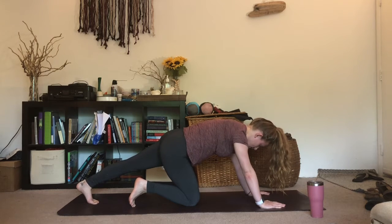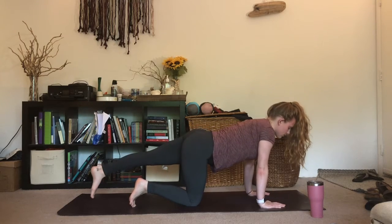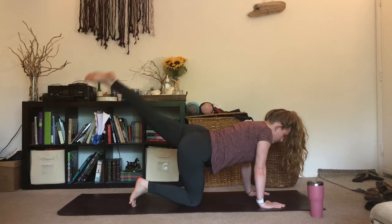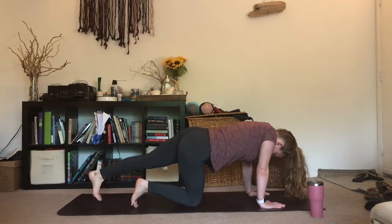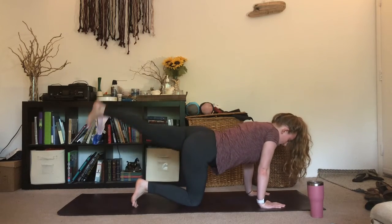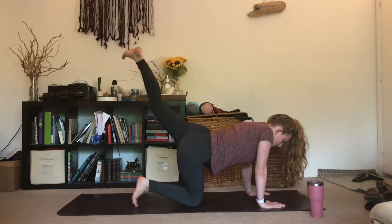And go ahead, take a big breath in as you exhale, rock forward, inhale, lift up your left leg, exhale, lower it down towards the mat, toes hover, inhale, lift, exhale, lower, inhale, lift, exhale, lower. Back to these modified leg lifts here, lifting that left leg up and down. They're big pulses, they're not teeny tiny pulses, these are big ones. We got 4 left, inhale, lift, exhale, lower, inhale up, exhale down, lift, lower, last one, inhale, lift, exhale, lower,